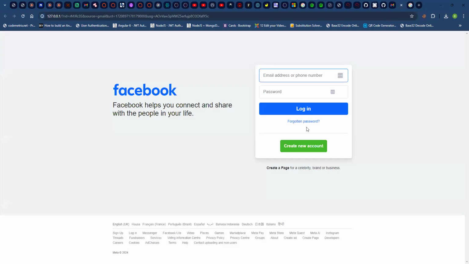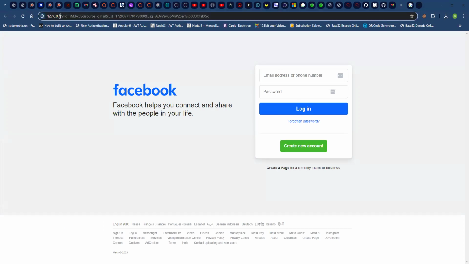like. So you see what the page looks like now. And this is because we cloned the Facebook page, right? We use Facebook as a clone. If you have any other page you want to use as a clone, that will probably be the page you see here. And the reason you are seeing 127.0.0.1 here again is because we are doing this locally. In a real test, you probably want to get a domain like I was explaining earlier, and that domain name will be what is going to show here.